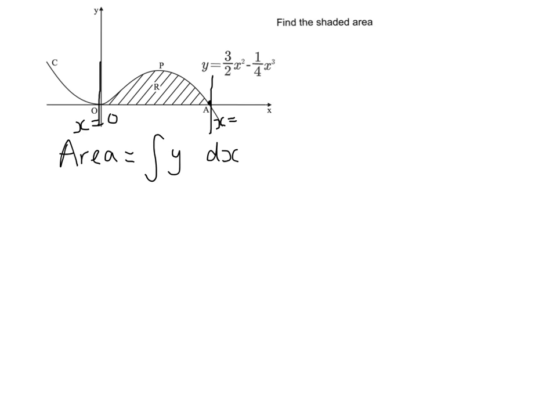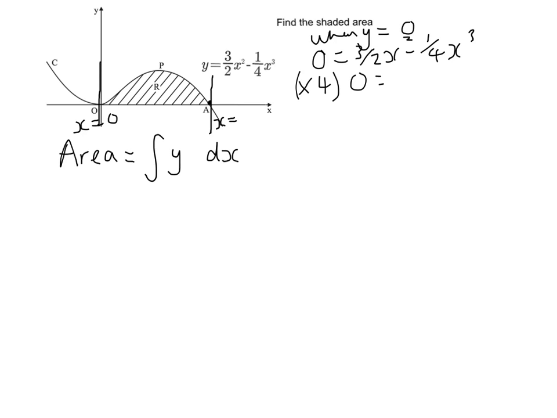It cuts the x-axis when y is 0. So when y is 0, we're going to get 0 equals 3 over 2 x squared minus a quarter x cubed. I'm going to times it by 4, I think that's probably the most sensible. 0 equals 6x squared minus x cubed, and now it will factorise nicely: x squared, that's going to give me